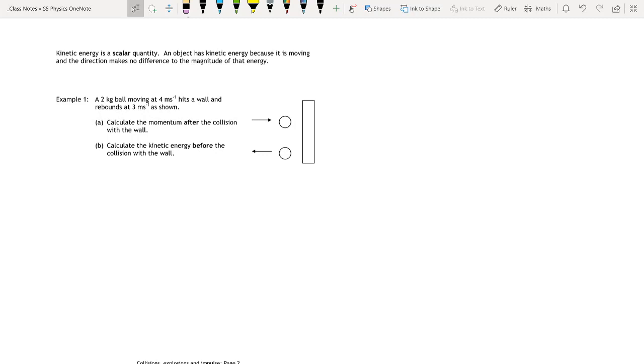A 2 kilogram ball moving at 4 meters per second hits a wall and rebounds at 3 meters per second, as shown. Okay, so what have we got? This is it traveling at 4 meters per second, and this is it coming back at 3 meters per second. It wants to know the momentum after the collision with the wall, so we're looking at this side first of all. So part A, momentum